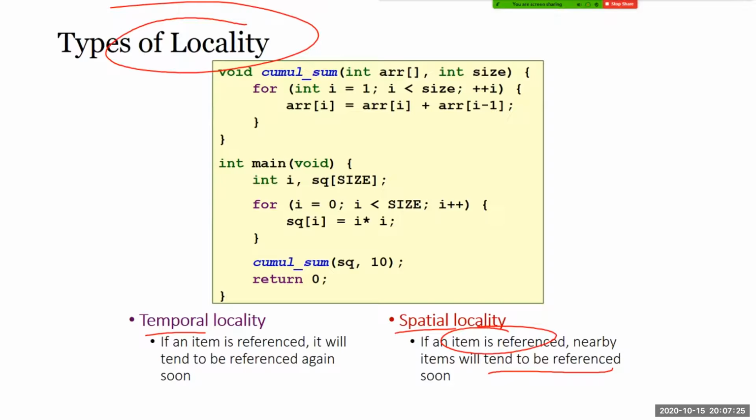Basically, if I find myself referring to a book very often, so I refer to this textbook, then I go to another book, and I come back to the same book again, there's a high chance this book is a very core, foundational book. So I have to keep referring to it. This is called temporal locality. If an item is referenced, there's a high chance that you need to refer to it again. So this is temporal locality, in terms of time.